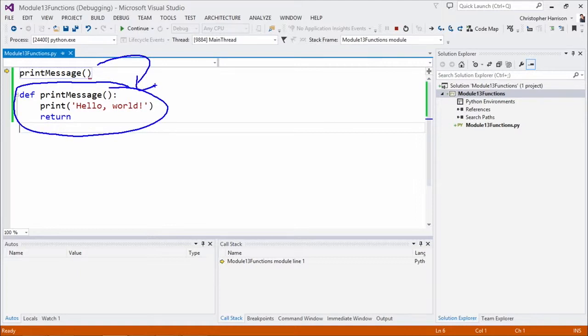Go ahead. But in any event, what you're going to notice is we've got print message. It's right here. But the problem is that we put the calling up top, and we defined it down below. So it's a little bit like when you try to reference a variable in the wrong order. Exactly. You can't reference a variable and then create it later. That's a perfect analogy: you can't define a variable later on and then use it earlier. Same thing here. And so now, if I reorganize my code, which I just did real quickly behind the scenes,